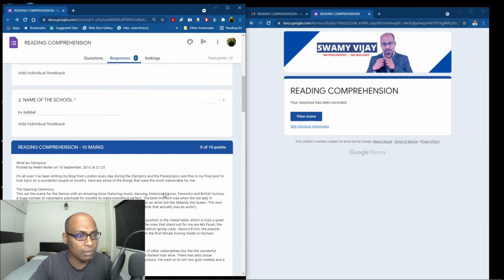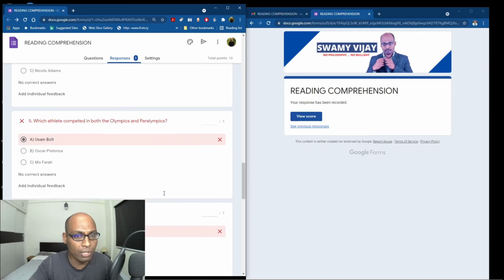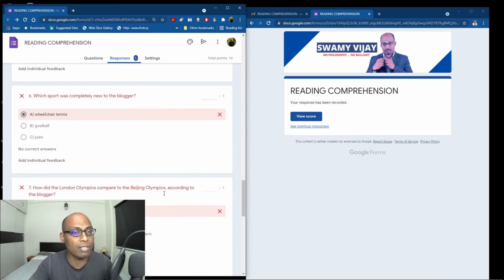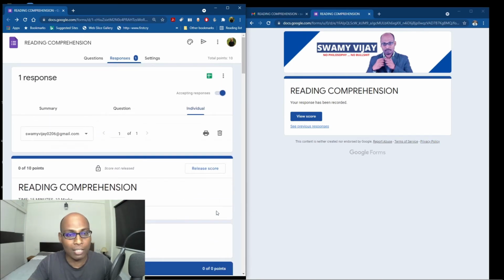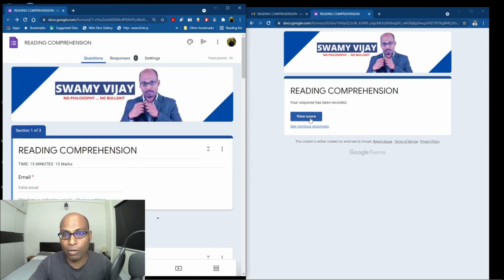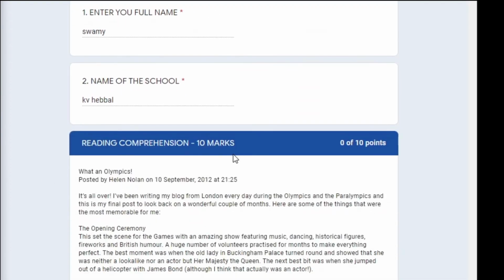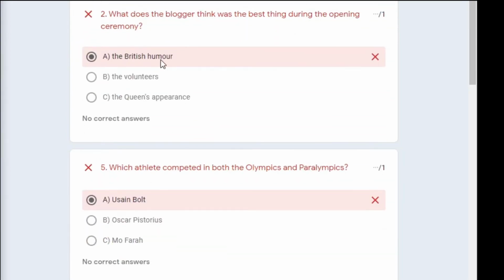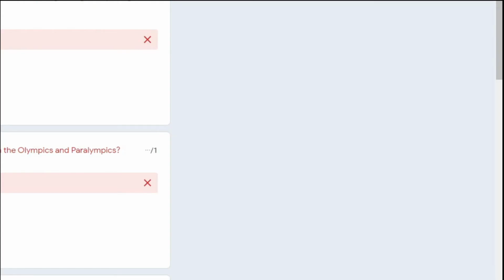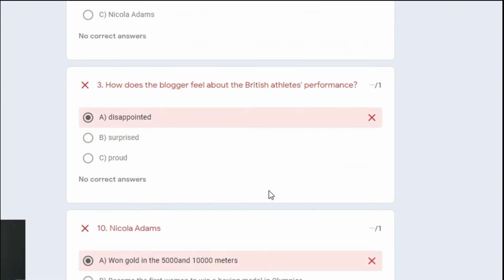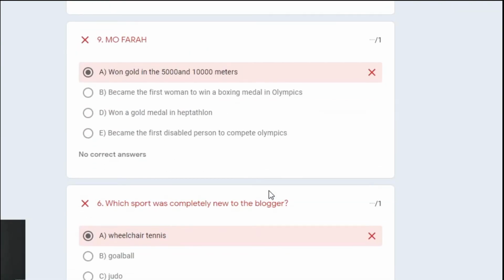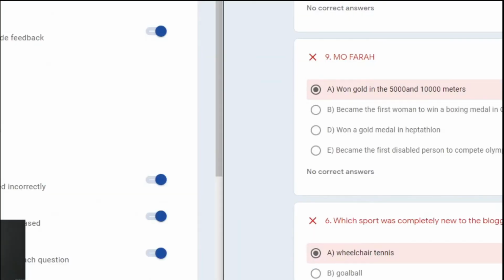How many marks? Here you can see 0 marks because all answers are wrong. Okay, now it is correct. Here the answers are wrong, that's why the student has scored 0 marks. So now let us see view score. Now the student has scored 0, and the most important thing, as I told you, under settings, missed question, correct answers. Let us see what is the response. So here the student will come to know. You can see here the student has written selected wrong option. All options are wrong, so that's why the student has got 0 marks.